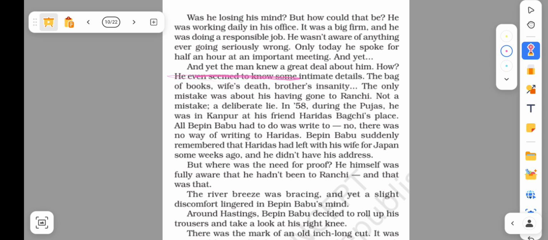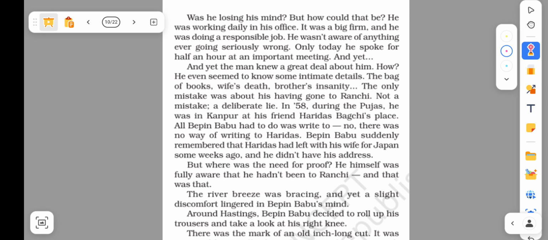And yet the man knew a great deal about him. How? He even seemed to know some intimate details. Of course, that person knew very personal details. Intimate means personal. The bag of books, wife's death, brother's insanity. The only mistake was about him having gone to Ranchi. Of course, the only wrong thing which he was saying was that Bipinda went to Ranchi, okay, but